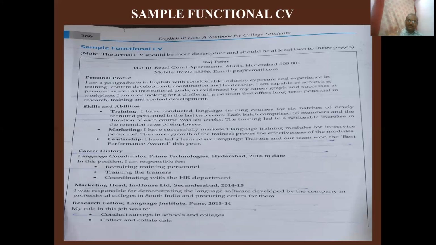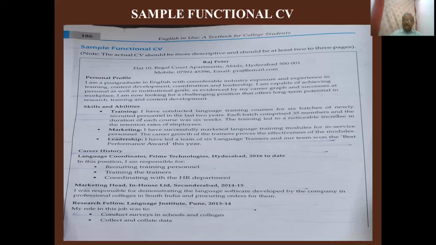When you want to submit the information in a clear and detailed manner, a functional CV is the right one, where you can present all your interests, all your achievements, and all your job gaps. You can mention the gaps and dislocations in the job. You can mention your skills, abilities, personal information, your objectives, and even references also. You want to mention 2 names of references. If they are not ready to lift the phone calls, try to select another 2 names of persons who are ready to lift the phone calls and give a very positive opinion about yourself.